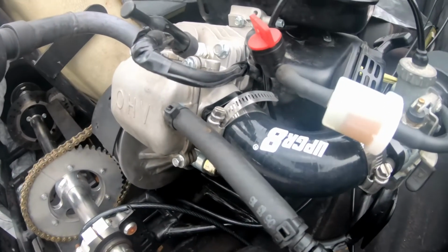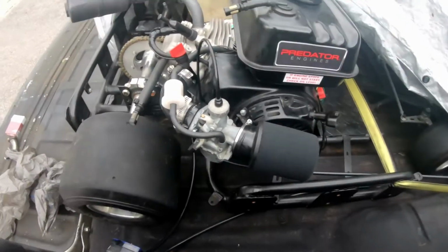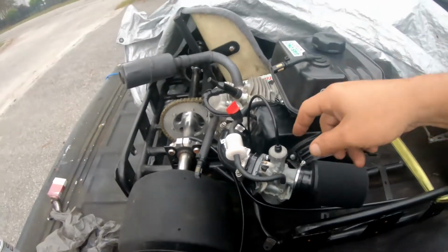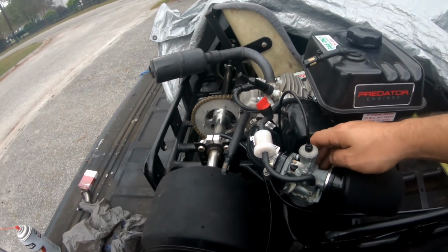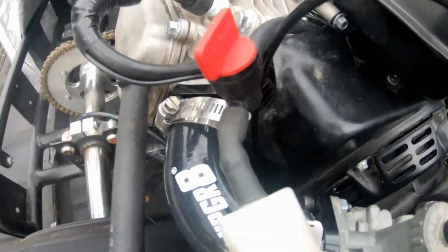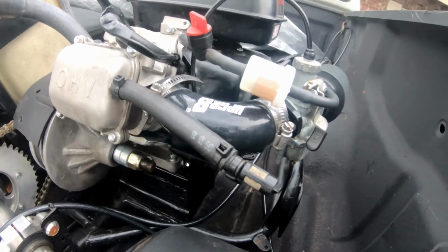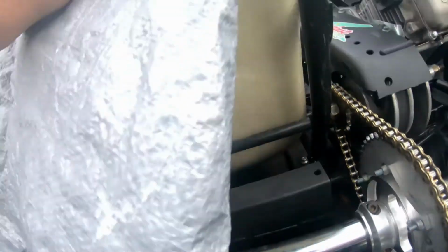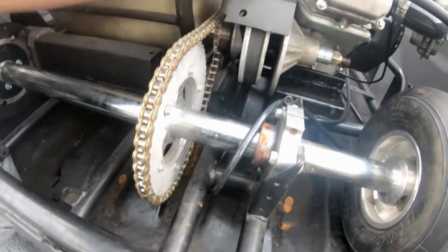Alright guys, got everything hooked up. It's holding pretty level. Had to do some initial tuning. I had to drop the needle to the second slot from the top. Adjust the idle screw out a bit. I don't like the kink in that hose line. And it was really weird. It was sitting idling. I think it's because it's too high. And the front was smoking. This pulley on the front, I don't think it's touching. It's definitely not touching, but